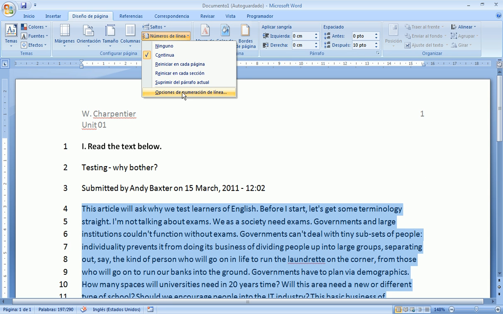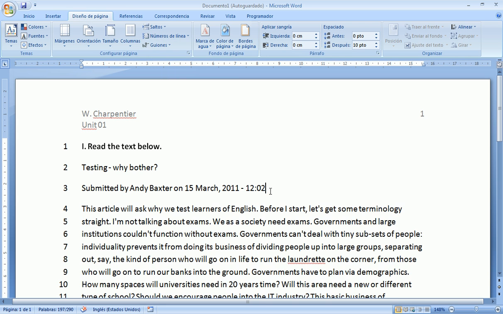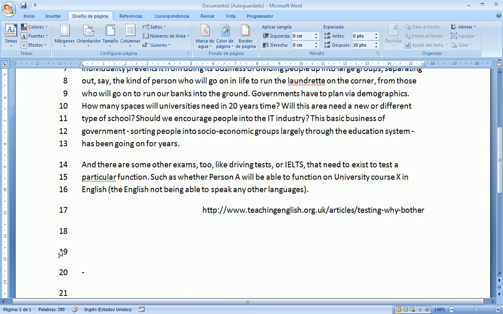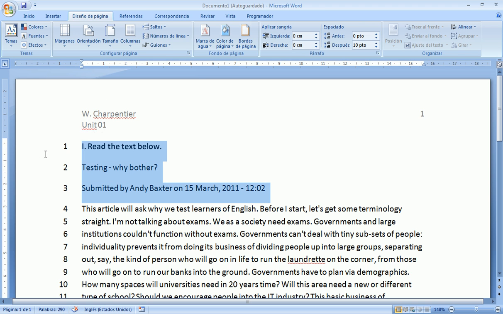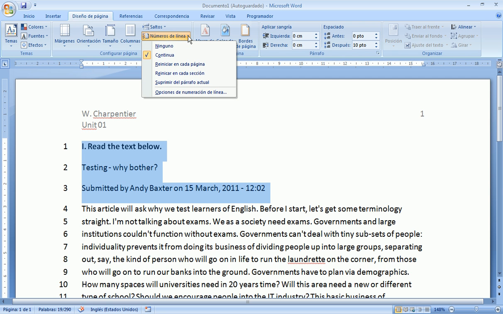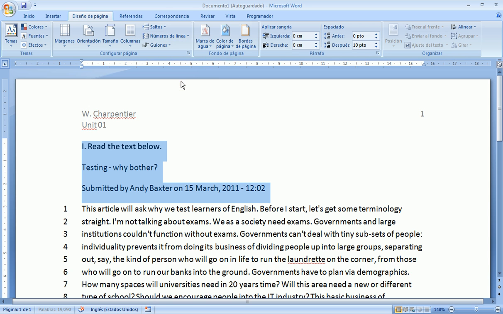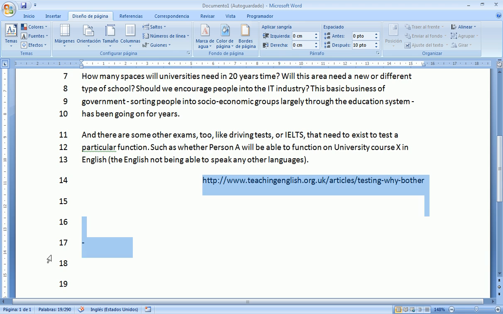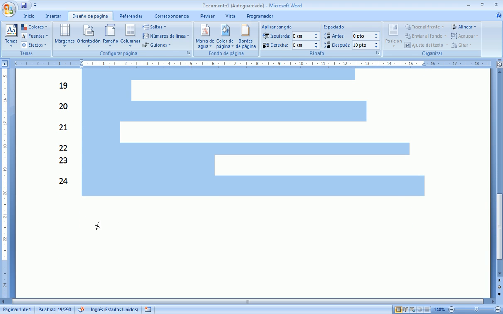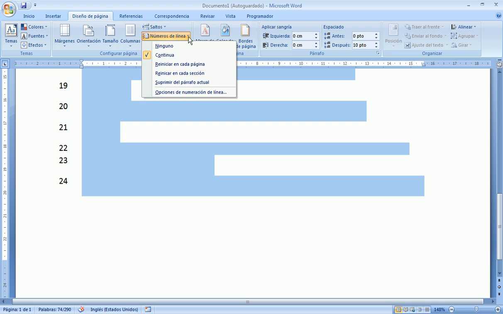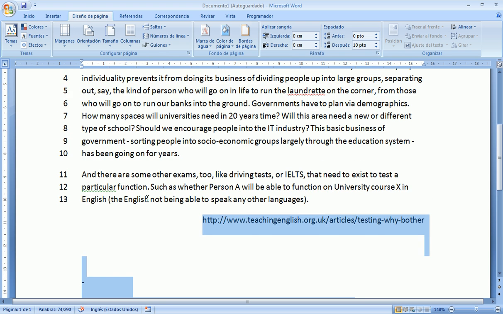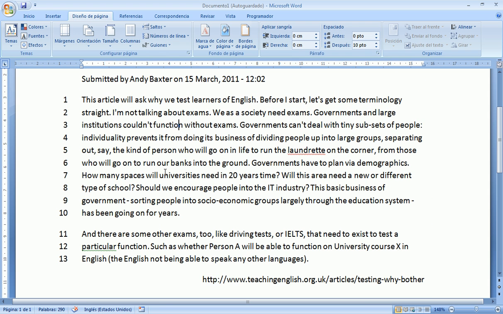Something else, you can come here and you can choose to have Roman numerals or other ways to signal each line. If you don't want to have lines here, as it is my case, you select that section, you come back here and you choose delete from current paragraph, and you do the same thing here. You select the parts or the sections where you don't want to have numbers and you choose delete from current paragraph. I notice that only this section is going to have lines,